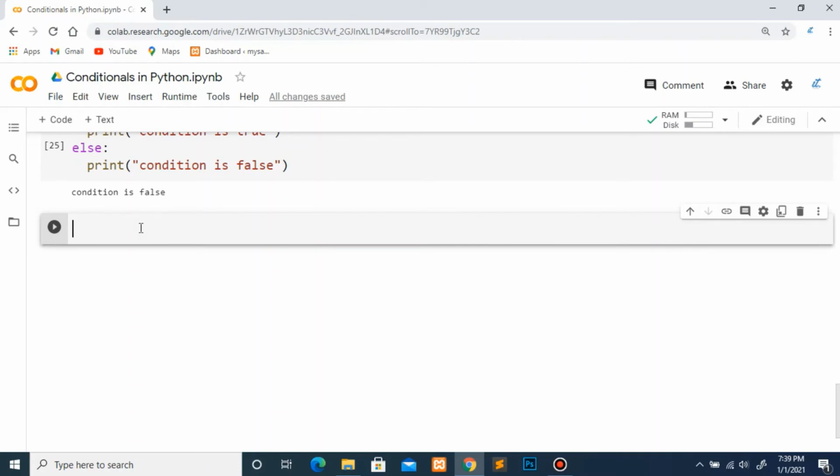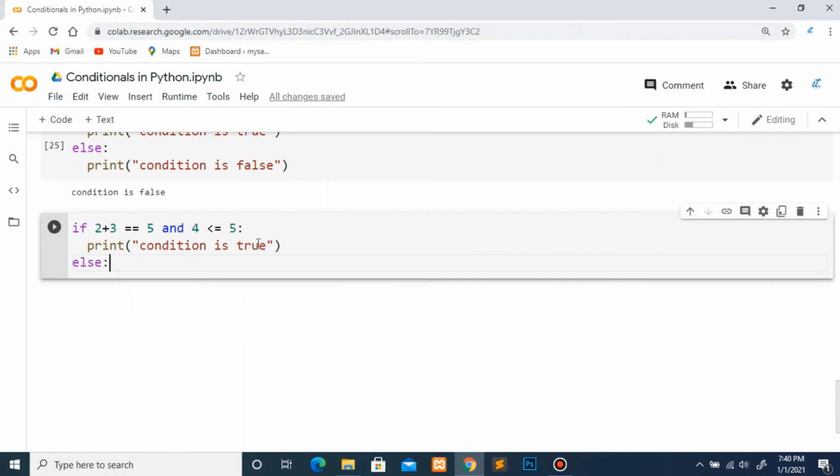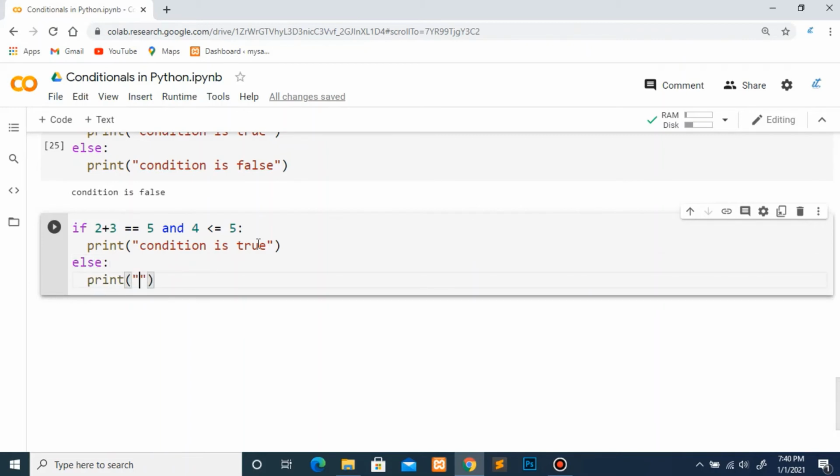So for logical operators, let's see, if 2 plus 3 equal 5, and first I am going to explain the AND operator, 2 plus 3 is equal 5 and 4 is less than equal to 5, then print condition is true, else print condition is false.